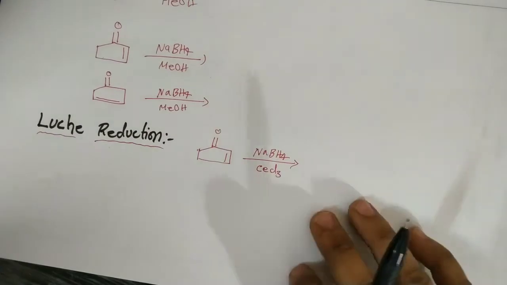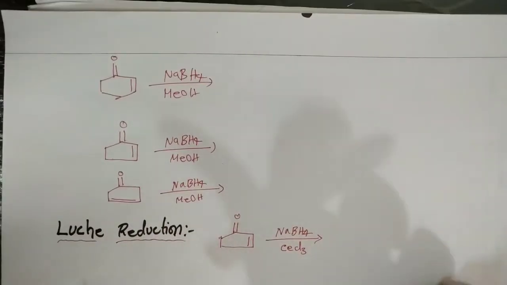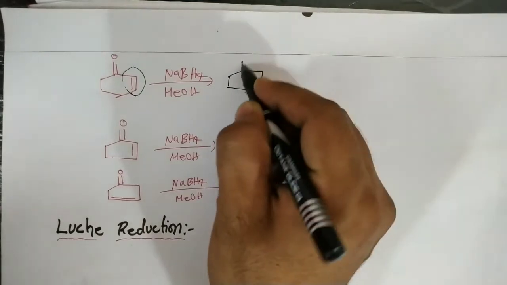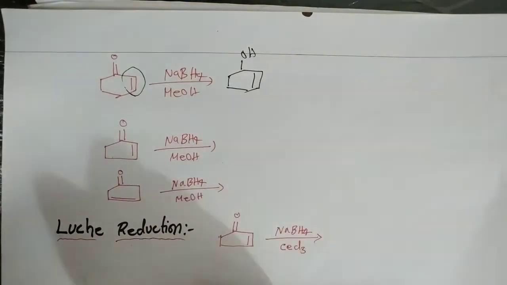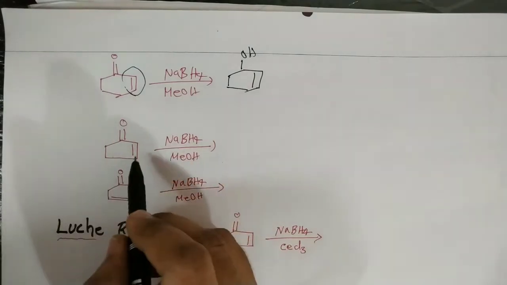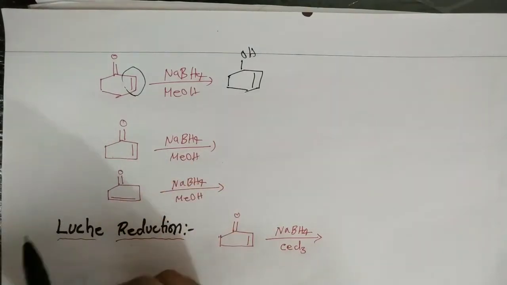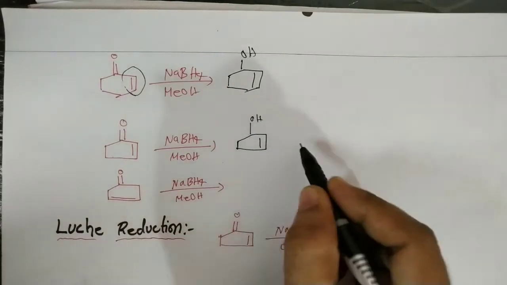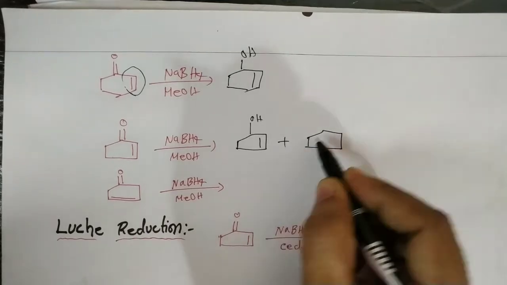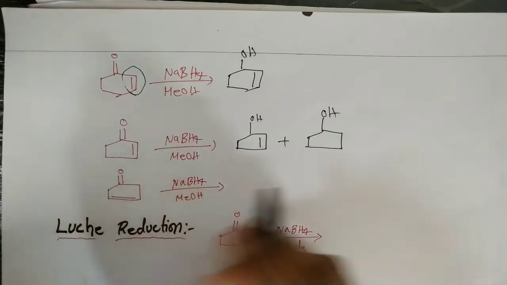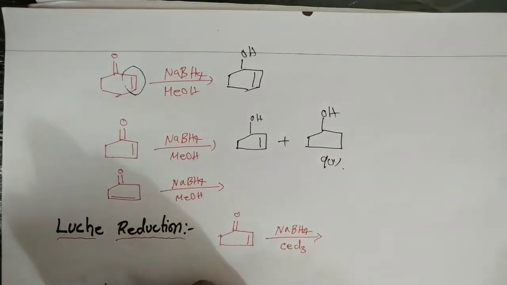Next, here are some more exceptional reactions of sodium borohydride. Again here the double bond is not reduced, and the keto group is reduced to the alcohol, so you get the allyl alcohol in this case. Now, in the case of a 5-membered ring, the double bond is not reduced, and that is the product. If the double bond is reduced, this is the product. For the 5-membered ring, we get 90% yield.